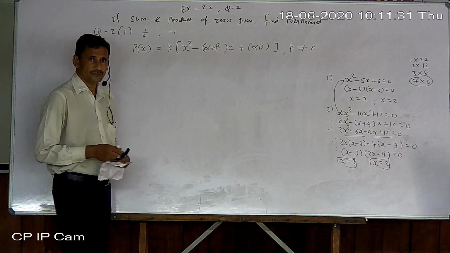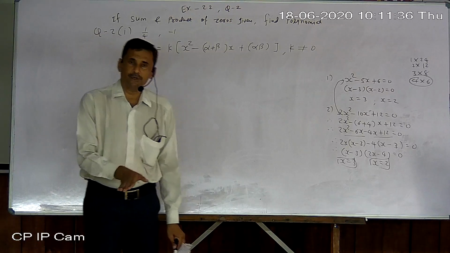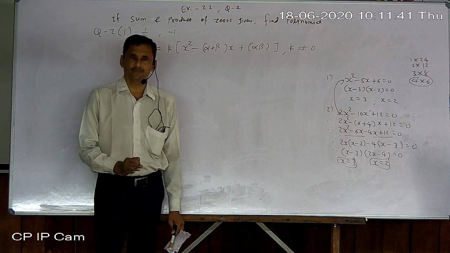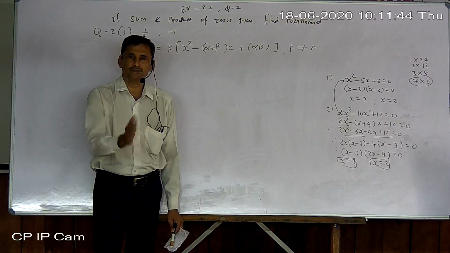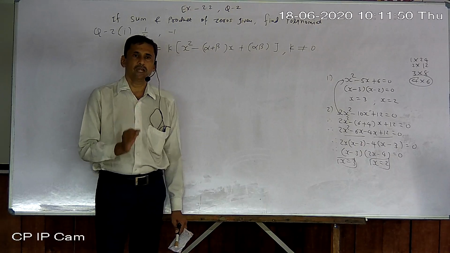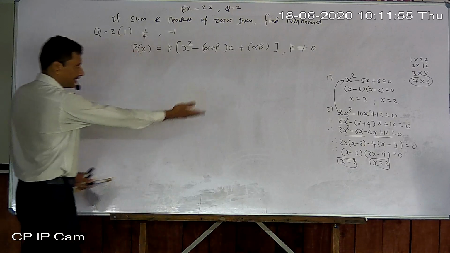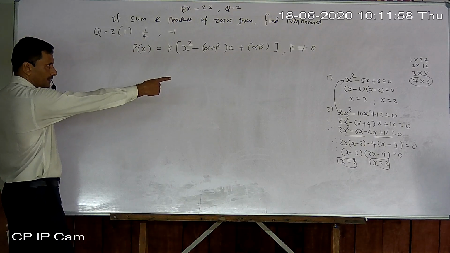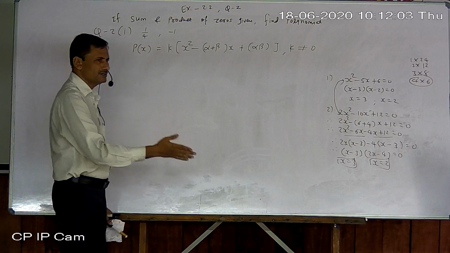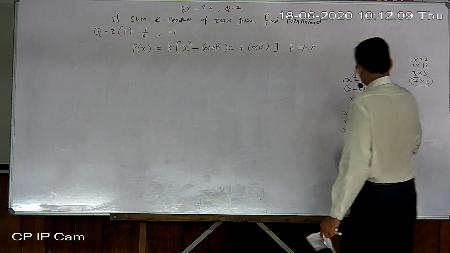Okay, so understand this way. k may be negative also. Instead of an integer, it may be a fraction also. So k is any number. I just told positive integer for our understanding and convenience, but k may be any number except 0. You can try yourself also. If you multiply that equation by 3 by 2, 5 times, 10 times, 7.5 times, whatever, the answer will always be 3 and 2. So this is the meaning behind that.